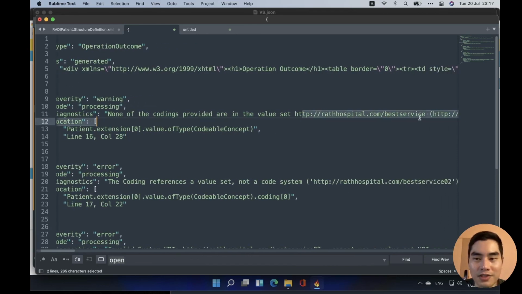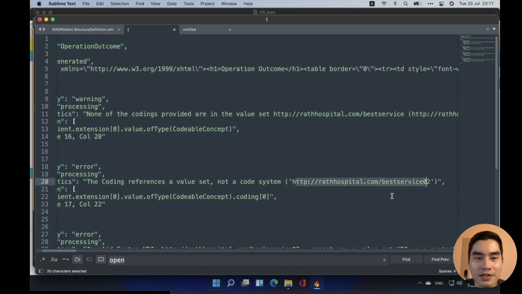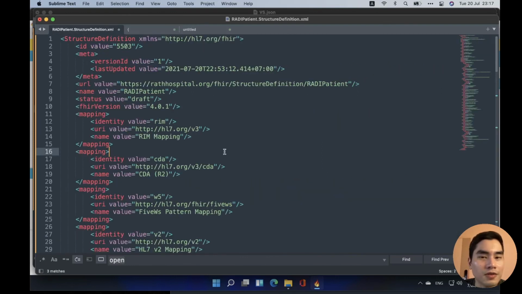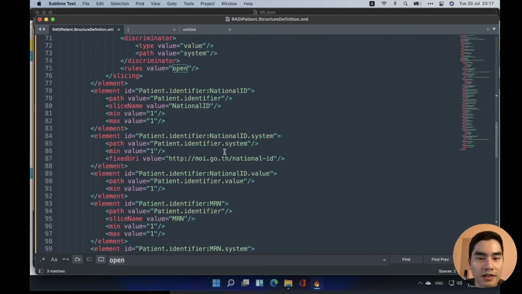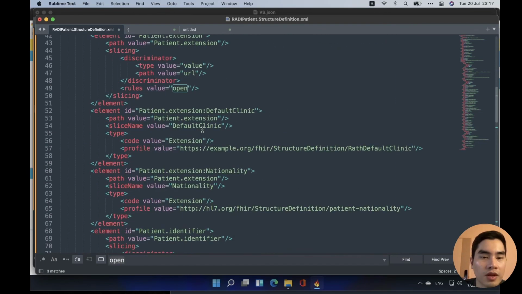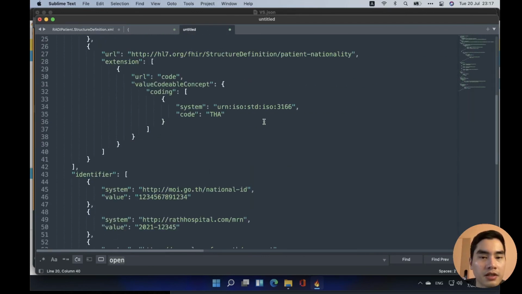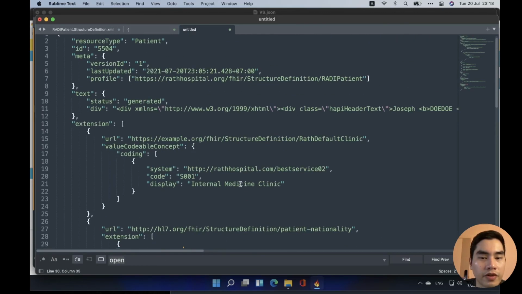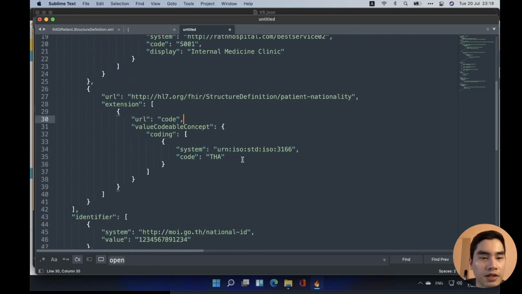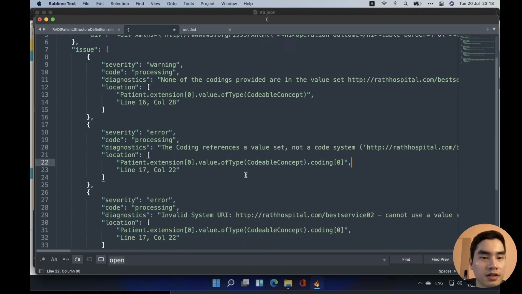This one uses this and another one uses this. So I think inside this extension it might bind to two different value sets than what I expect.